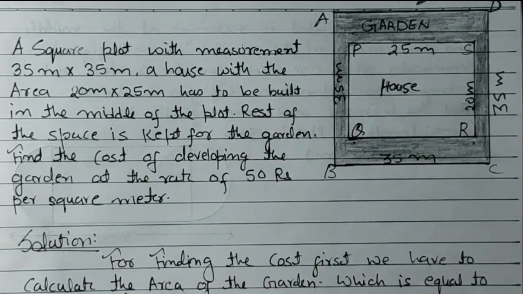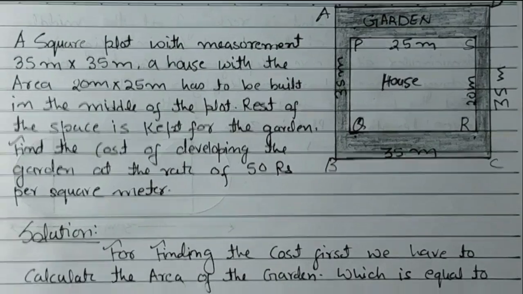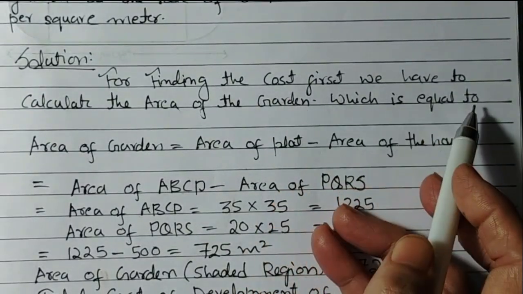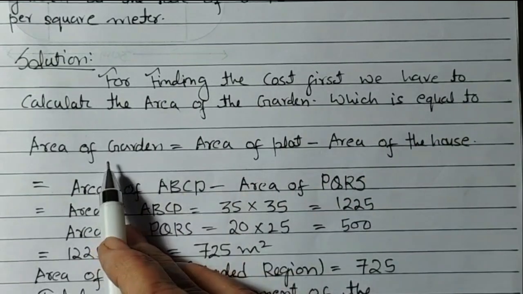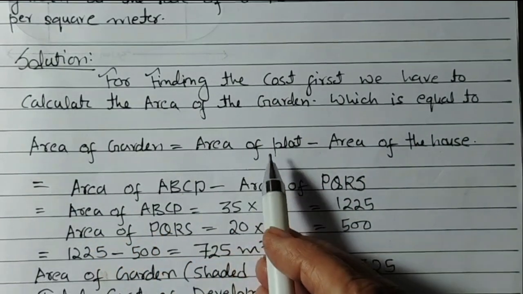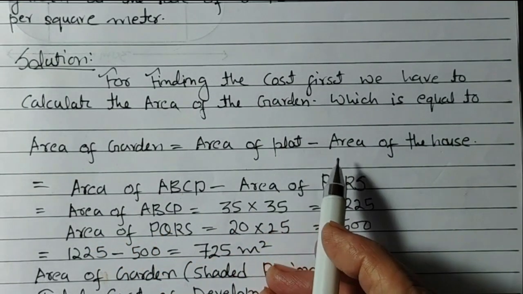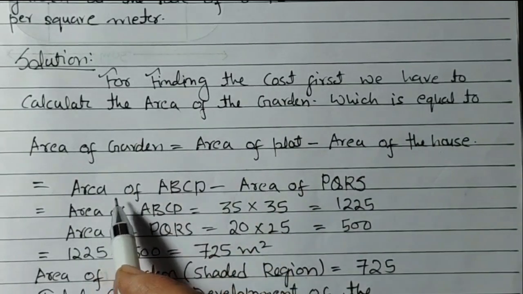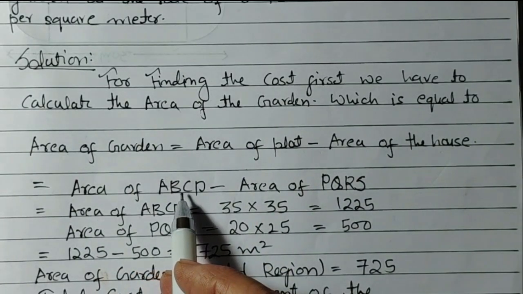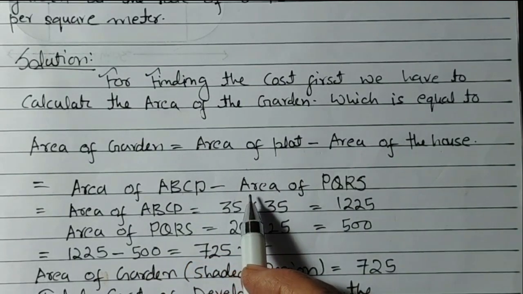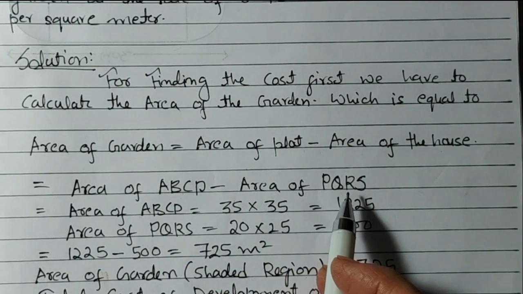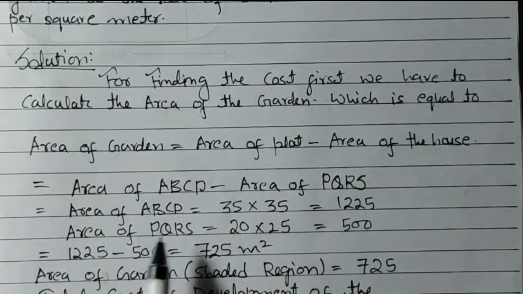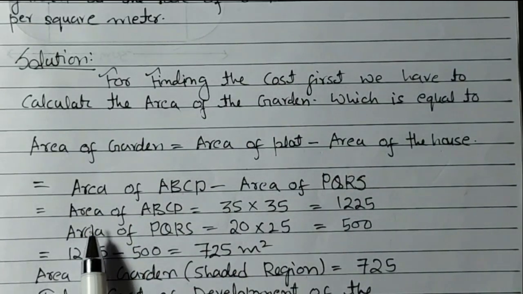First we have to calculate the area of the garden, which is equal to area of the plot minus area of the house. So area of ABCD minus area of PQRS. From plot, we will subtract the area of the house, which is equal to area of